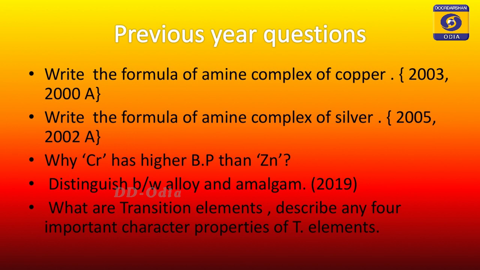And which of the following is a transition element? Sodium, boron, iron and calcium. One year it was asked. So, among sodium, boron, iron and calcium, which one is a transition metal? Obviously, it is iron. A question may be asked of this type. Define transition metal. What are transition elements? The d block elements are called transition elements because their properties are intermediate between the electropositive s block and p block. Their valence shell and the nearest inner shell are incomplete and they have partially filled d orbitals.